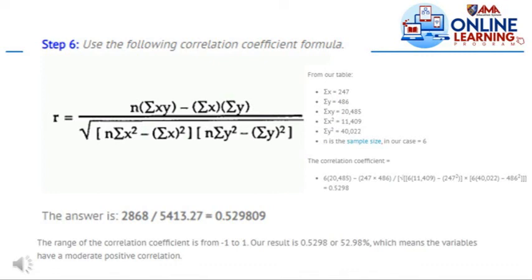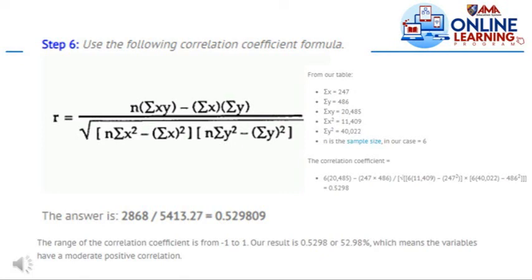So the correlation coefficient, if we substitute all these values into the formula, we have n, which is 6, times 20,485, the summation of xy, minus 247, the summation of x, times the summation of y, which is 486, divided by the square root of n times the summation of x squared, 11,409, minus the summation of x, 247, squared, times 6 times the summation of y squared, 40,022, minus the summation of y, 486, squared. And then we will get a value of r, which is